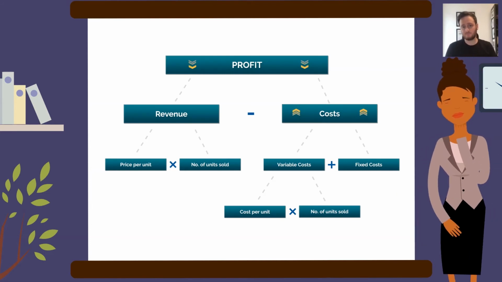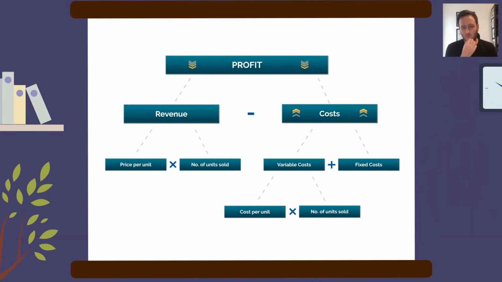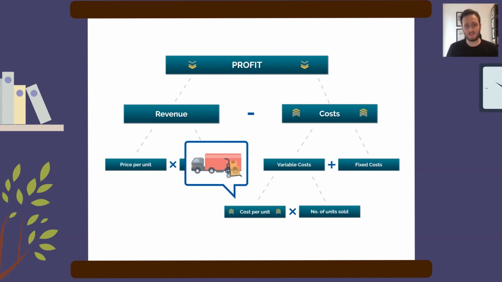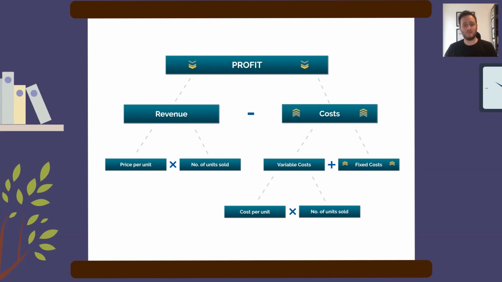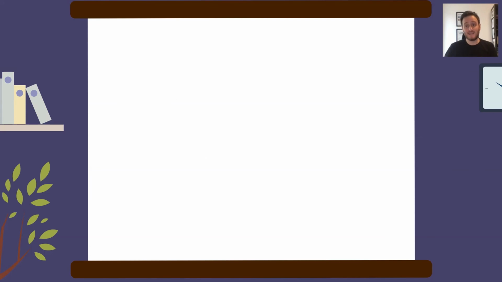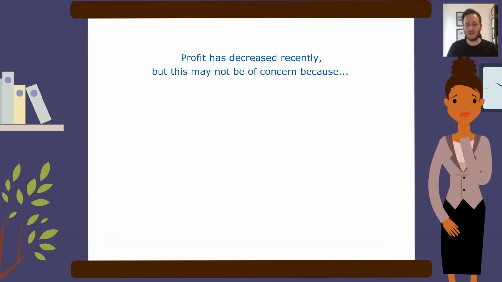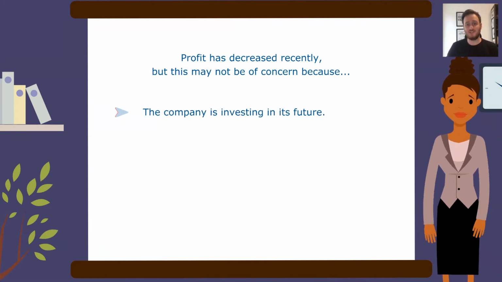What could that mean? You can look down and go, well, why might costs have increased? Is it because the company has lost control of its costs and its suppliers are all increasing their costs and that's something that's quite difficult to deal with? Or is it because the company has just invested in buying a new factory or new vehicles, whereas the company spent money that will reduce profit in the short term, but actually contribute towards growth and greater profitability in the long term? And if that's the scenario, if you go, well, profit's gone down, but actually I'm not worried about that because profits have gone down because the company is investing in its future,